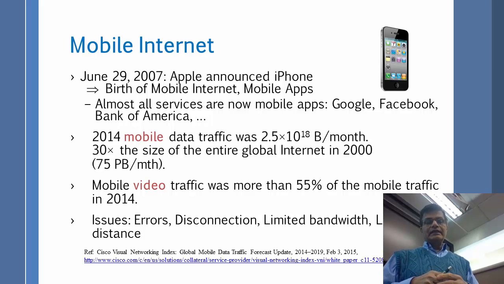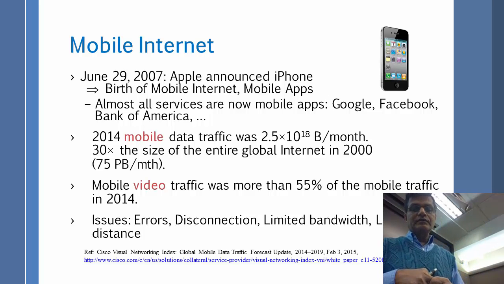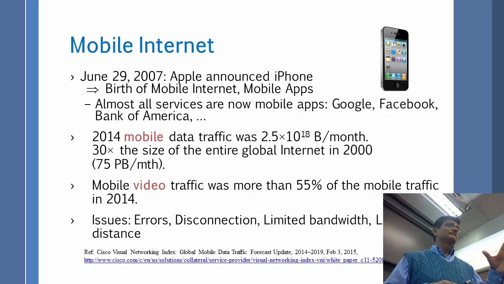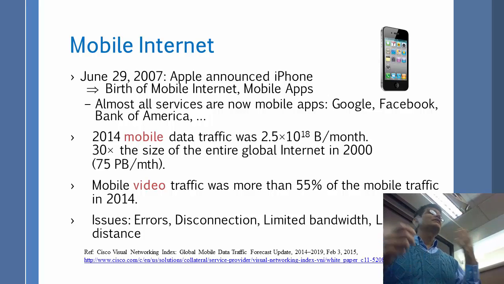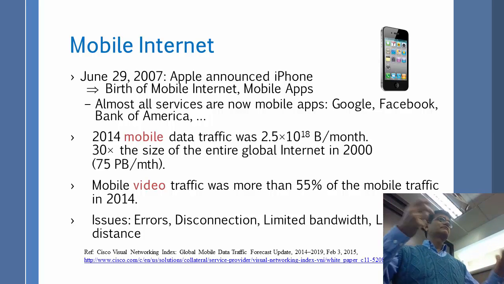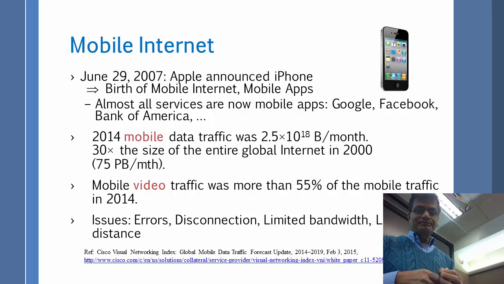The third thing is mobile video traffic was more than 55%, so basically half of the traffic going on the phones is video. People are watching video. Previously we couldn't even dare to watch video on the net because the speed was so slow, the movie would stop and jerk and so on. Now the technology has advanced so that you can watch a movie without any problem. And so that's why we are watching it. You can do Netflix, you can do Amazon Video, anything you want. It just looks as good as on wired TV.